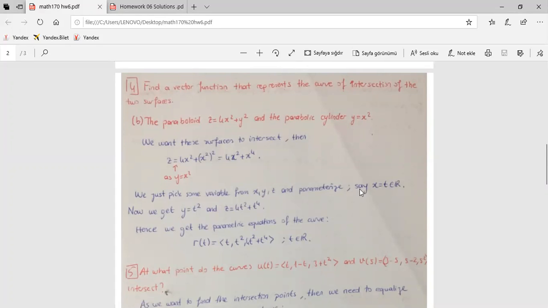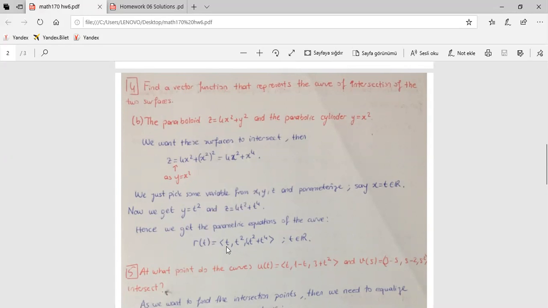So it's easy to start with x, saying that x equals t to parameterize, because it will be easier since z and y are functions in terms of only x. So if we say x equals t, then y equals t squared from this equation, and z equals 4t squared plus t to the 4, as we did before. So we have the parametric equations of the desired curve, the desired vector function,